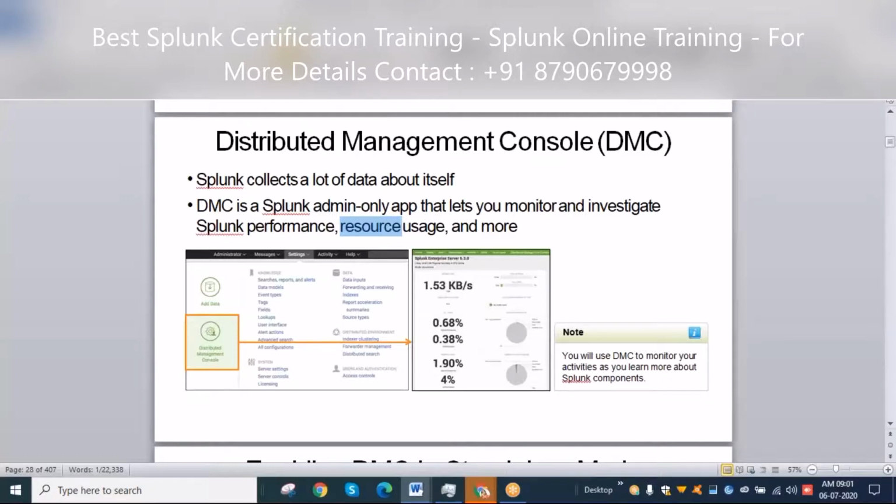If any of your 5 servers went down, you cannot go into each and every server and check whether Splunk is running or not. If you go into this DMC, it will be easy for you to see which servers are running. This will be configured in the initial stage only. Our vendor will help us configure all the servers in your environment with this DMC.